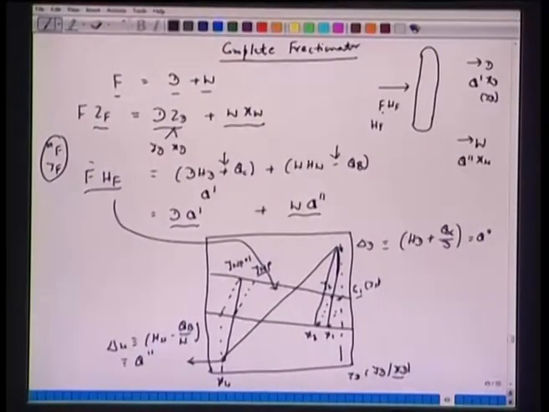right. F feed coordinates and D coordinates and W coordinates, they have to lie on the straight line by mixing rule. That means, if we know the feed composition, let us say ZF, this has to lie on this straight line. This should be the enthalpy of the feed HF if you have drawn like this. Okay. So, all we have done, we have started with the left, which is your rectifying section, or we can start from here, which is your stripping section.